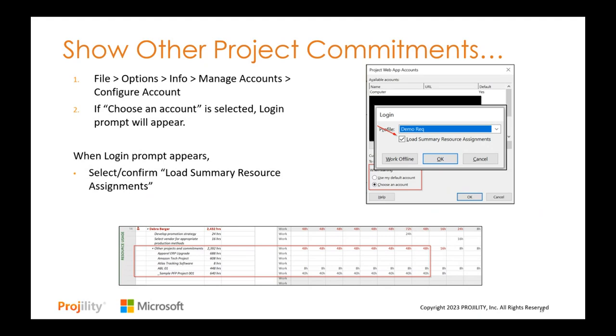When we were in the usage view, I showed the other projects and commitments. If you do not see that in your version of Project and you would like to, you can do that by working with your options in your version of Microsoft Project. This is set for everybody differently. So if you update it, your other project manager would have to do it on theirs. If you go to your options and manage accounts, you should have an account created for your PWA or Project Online profile. And then for the login screen, once you select it,